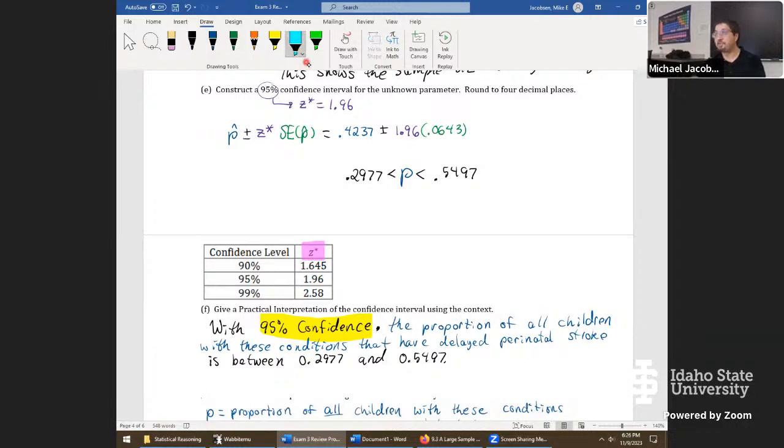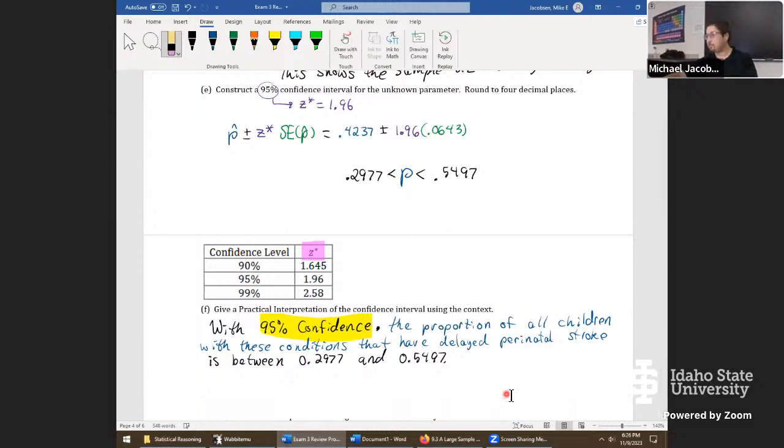And you can imagine how valuable this information might be if maybe you're a physician that deals with these conditions. Maybe you're a pediatrician, physician, and if you see these kind of conditions regularly, maybe some kind of specialist, you'd be interested in this number. This would represent like the worst case of what could happen to your caseload of children that have that condition. Practically 55%, nearing 60 of them could have that condition. Who knows how bad that is, but that's something they were interested in the study, so they're probably pretty interested in that upper bound in this problem.